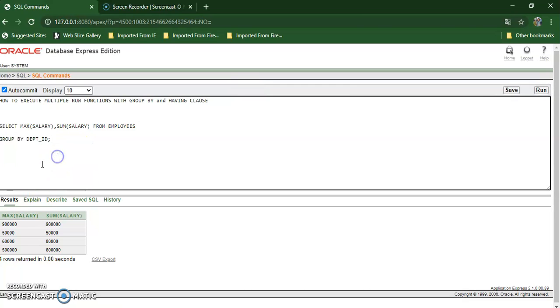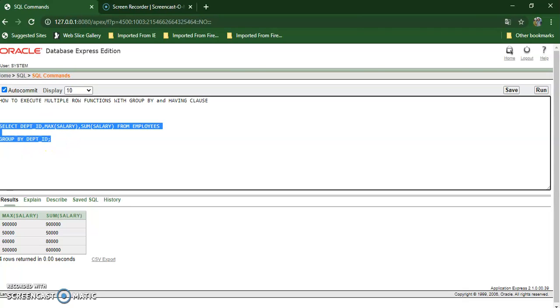You can see we are getting maximum salary and sum of the salary values, and here the grouping is based on department ID. So if you want to display this department ID column along with result of max of salary value and sum of salary value, then you can add this department ID column in this select list.